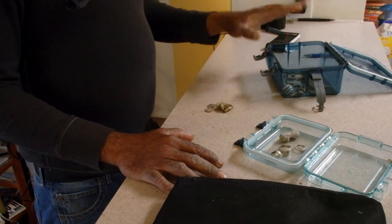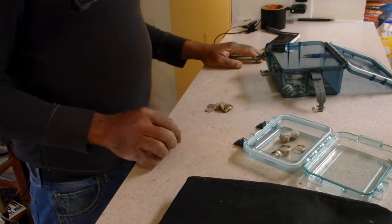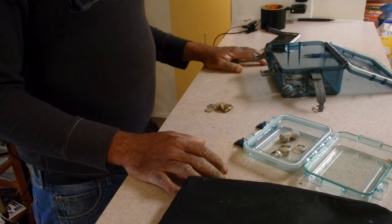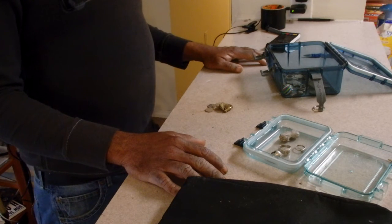These are my artifacts. These are my treasure. Still looking for that gold. Haven't found the gold yet, but it'll come. And that's what you've got to get your mind around if you're going to be a